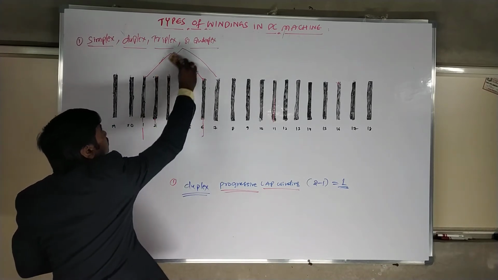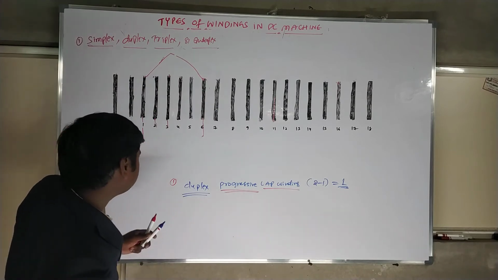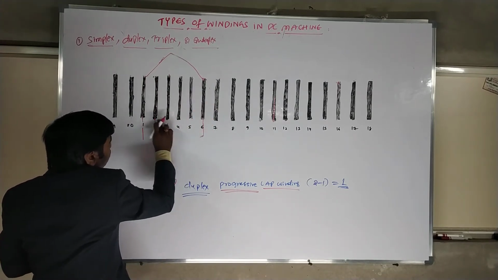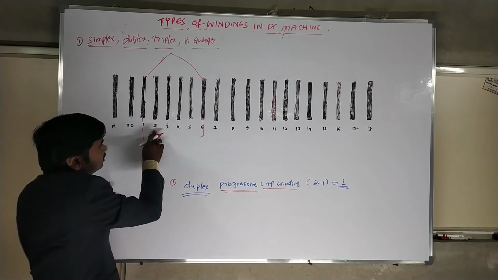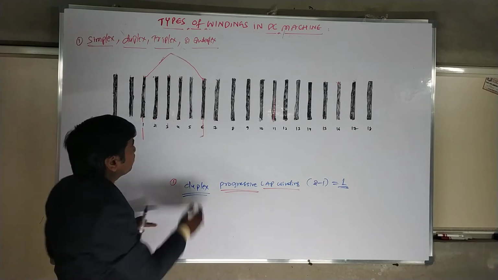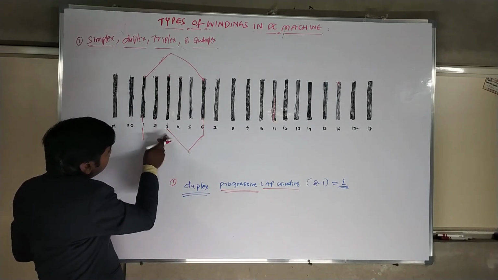This thing is over. These things must be the same. Okay, so we are showing only a lap winding example. The first conductor, I told you, you need to connect after the first conductor, the second only. But in the case of duplex winding, this conductor should connect after the first conductor, leaving the second,